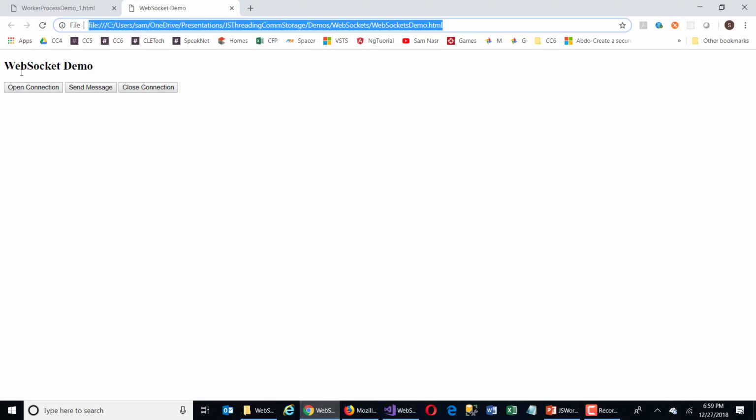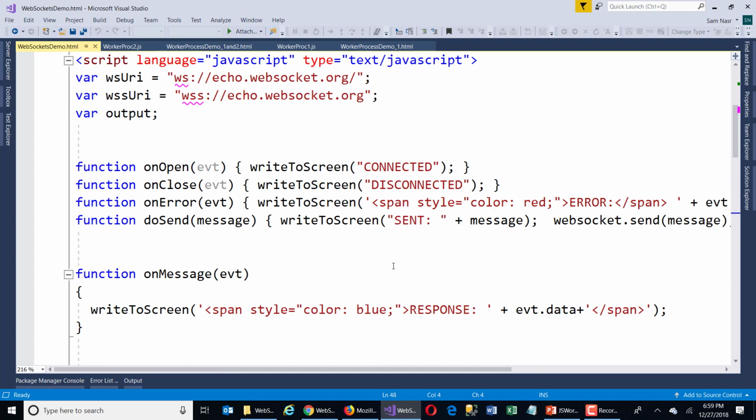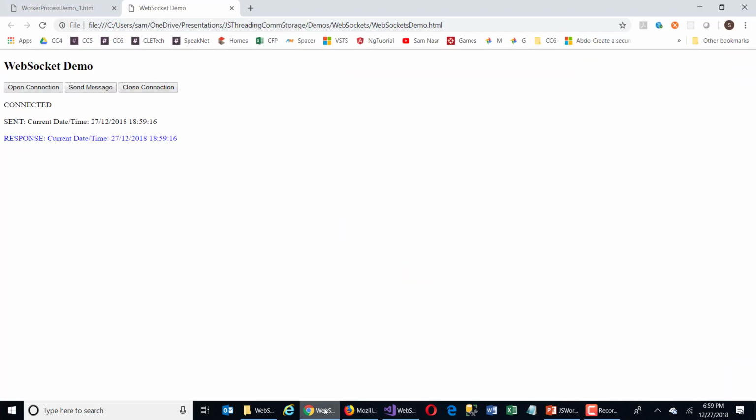So looking at the demo page, again, here's my three buttons. Once I instantiate the connection, now I get the message that it's connected. Every time I send a message to the echo server, echo.websocket.org, all it's doing is that server process is simply responding back. So I simply send a message saying the current date and time is XYZ, and it responds back with that same message. And I can continue to go down the line,